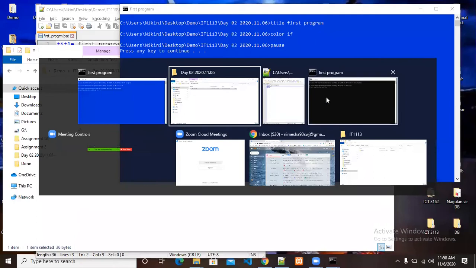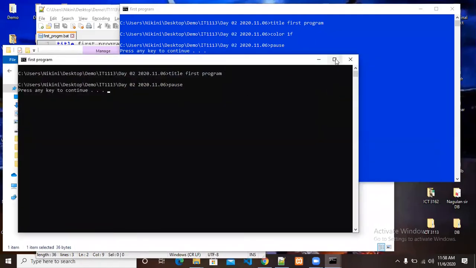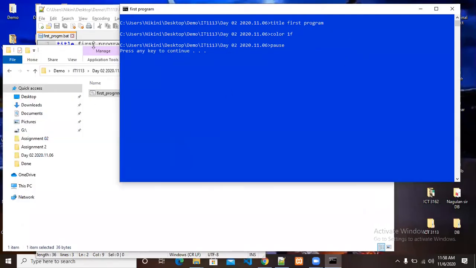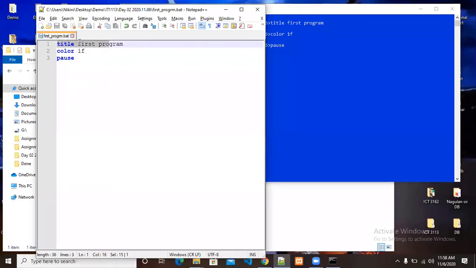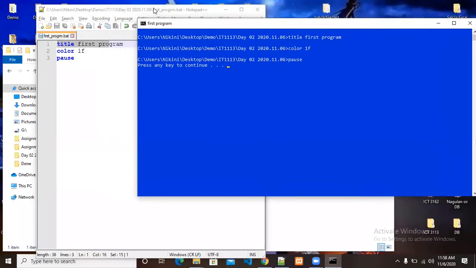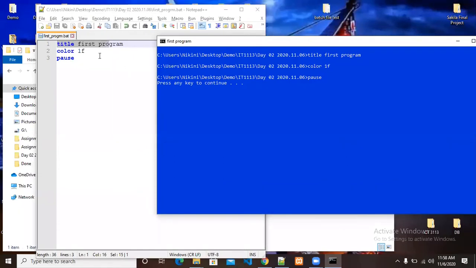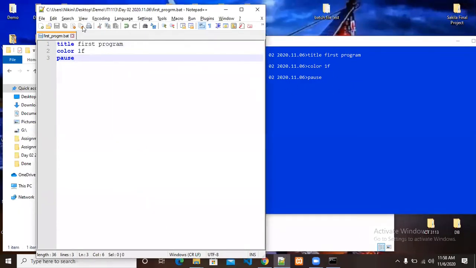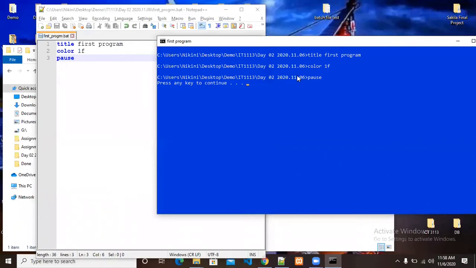Here is the new one. This is the previous one. Okay, I think you can understand. Put in the title. Here is the command prompt title, first program, and the color is blue. And it is still holding. So think, as a programmer, you are showing what is the birthplace of our command prompt, which means it is in the user folder. A knowledgeable hacker can easily track where your file is.